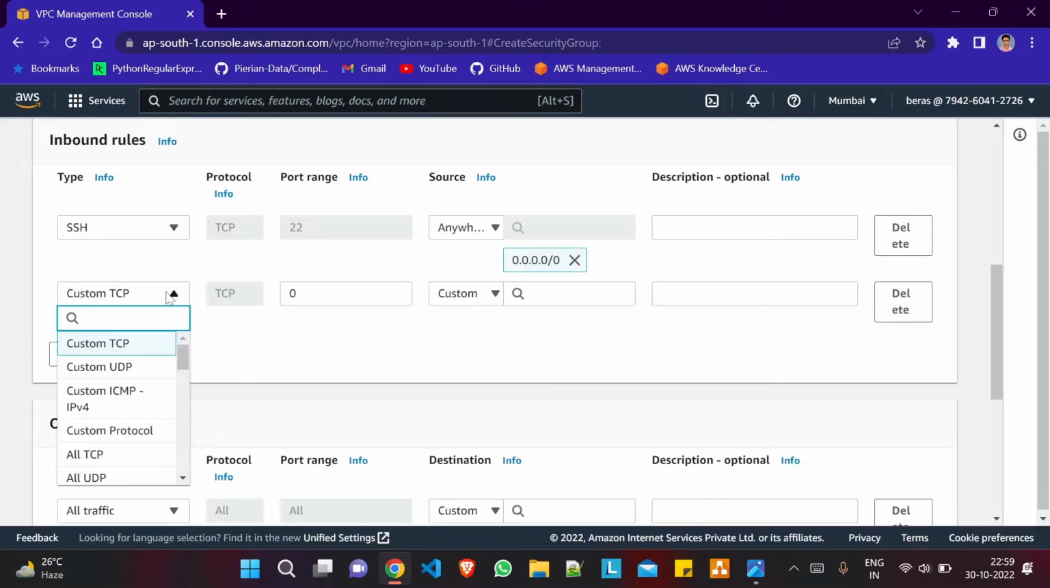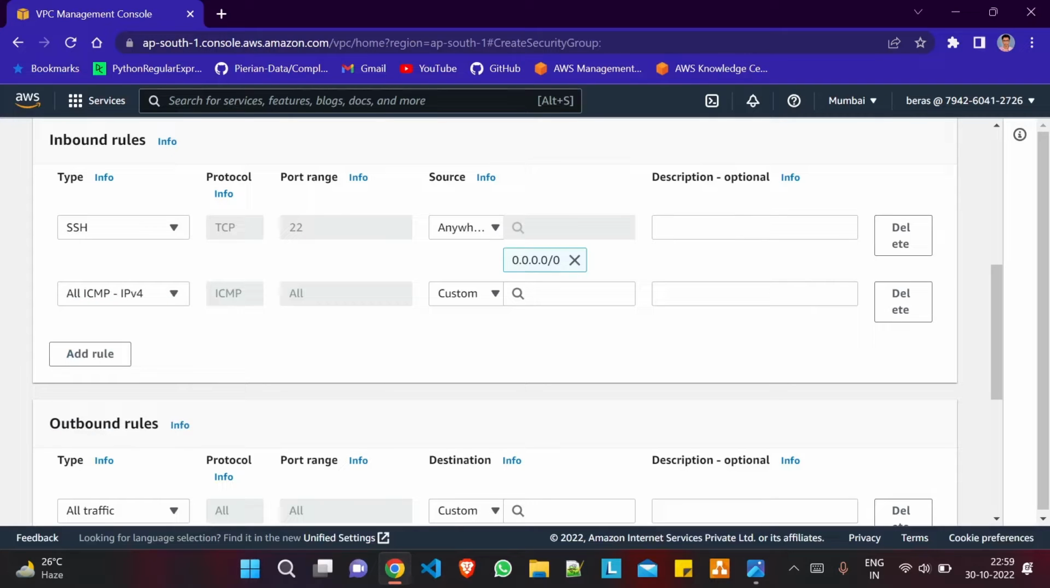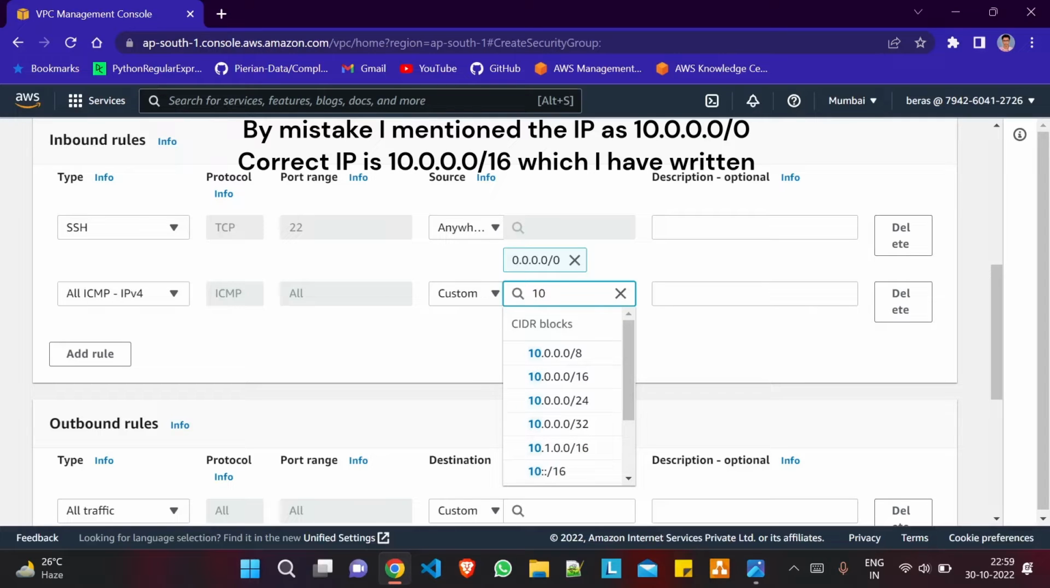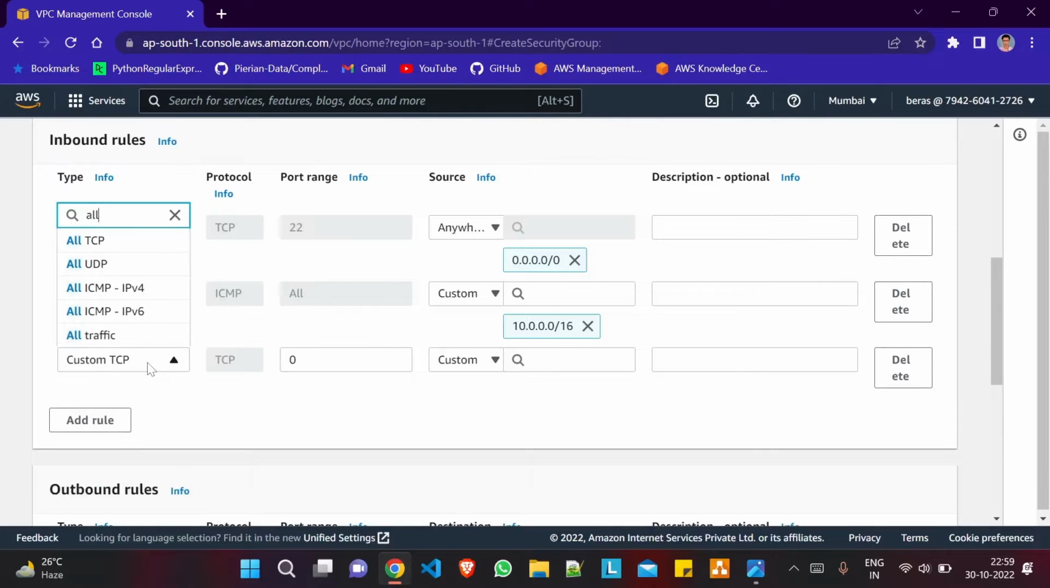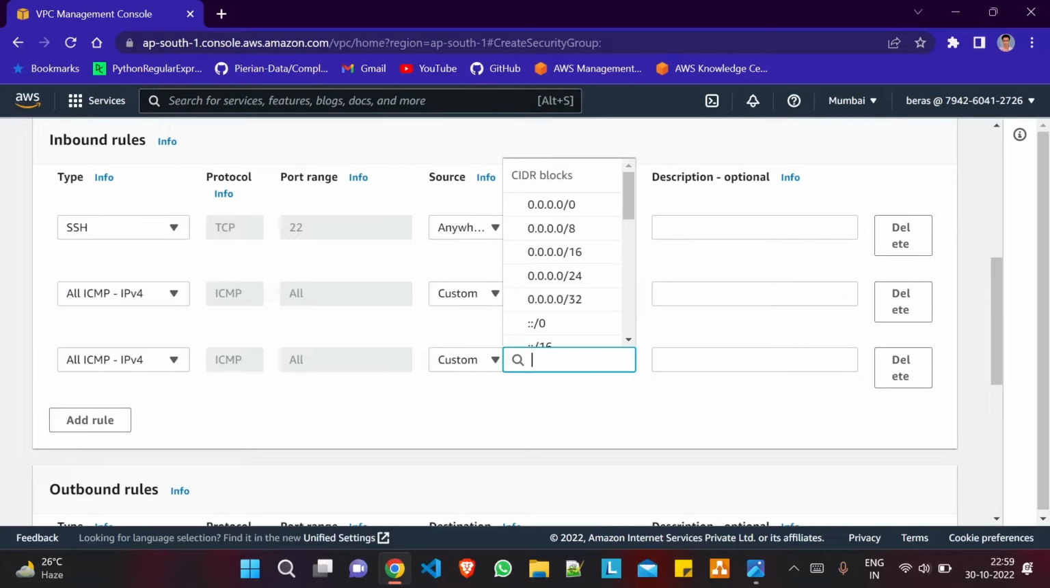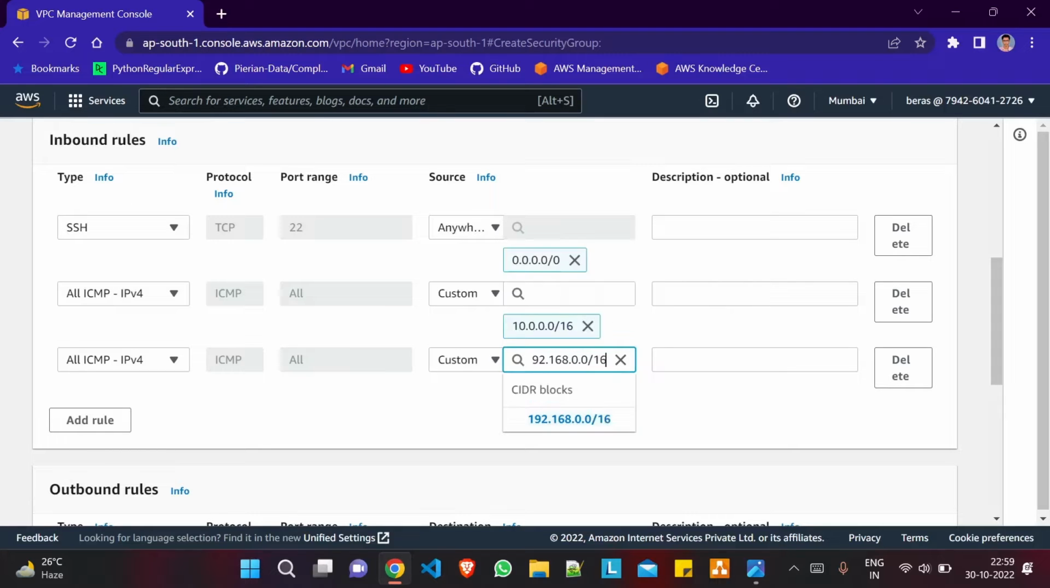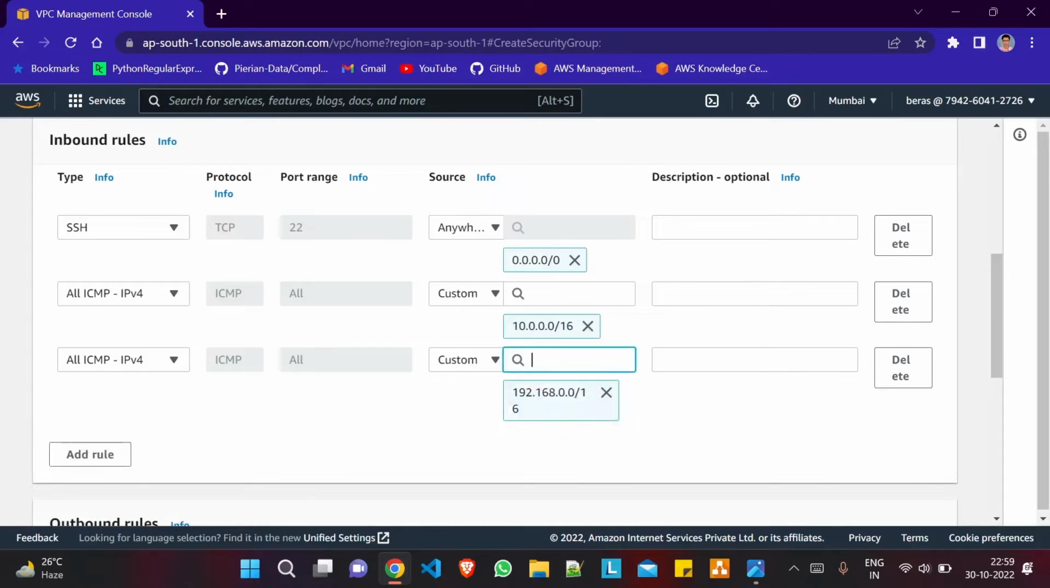And I will do ICMP. ICMP IPv4. Who can do ICMP? Means anyone within that network, 10.0.0.0/0. And I will add another one, all ICMP, means anyone within VPC-B also. So for that, what I need to do, 192.168.0.0/16. So see here, for the first ICMP, I have written the source as